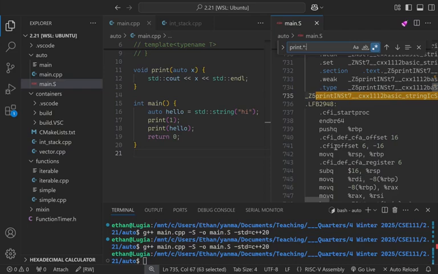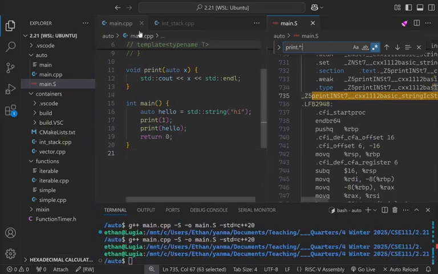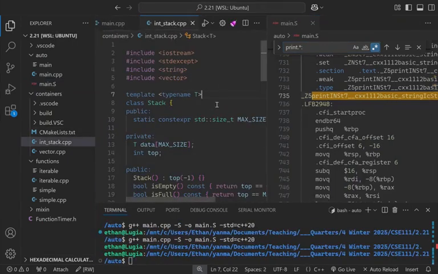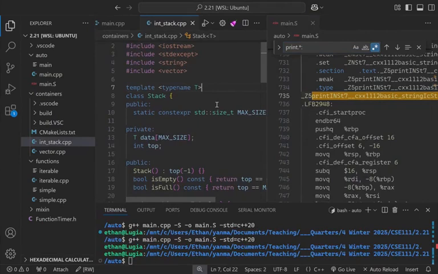Yeah, question? Let's go back to template. I'm wondering, hypothetically, if you wanted a stack object that can hold multiple types, would you use template or auto for that? Yeah, great question. Okay, so if you wanted to have a container with a bunch of different types,